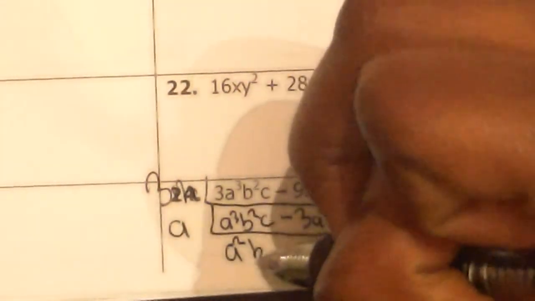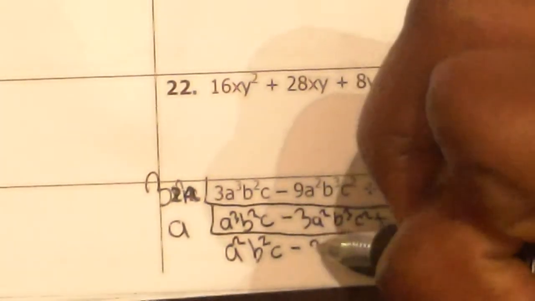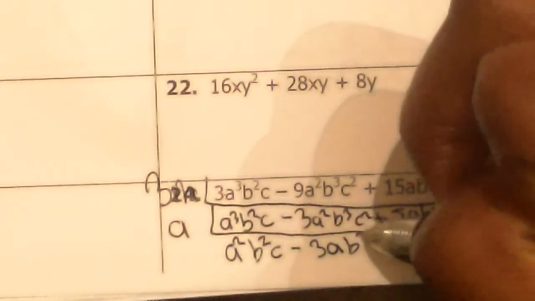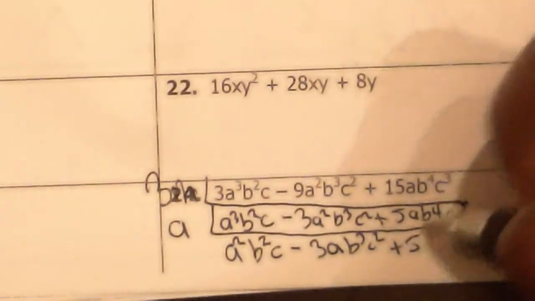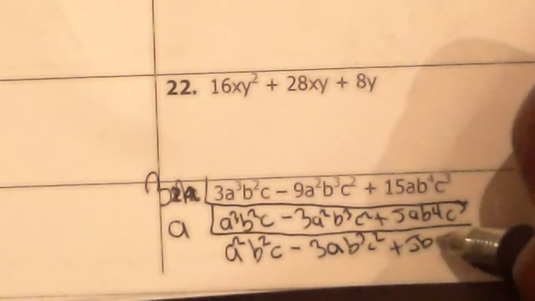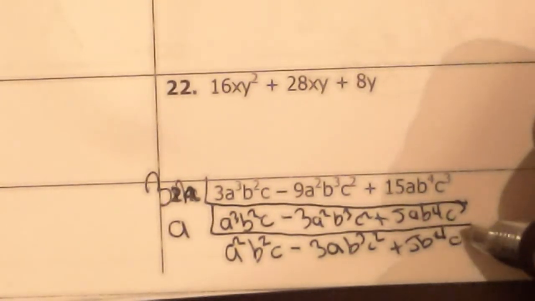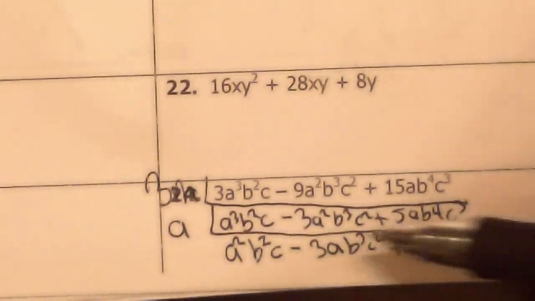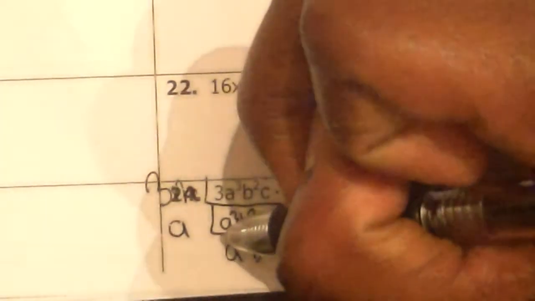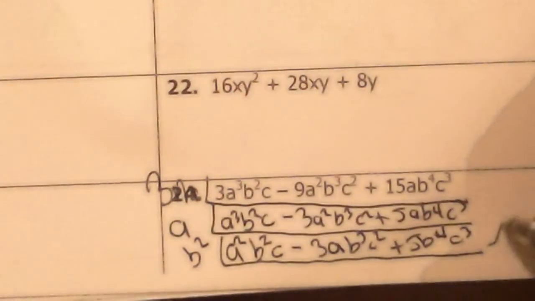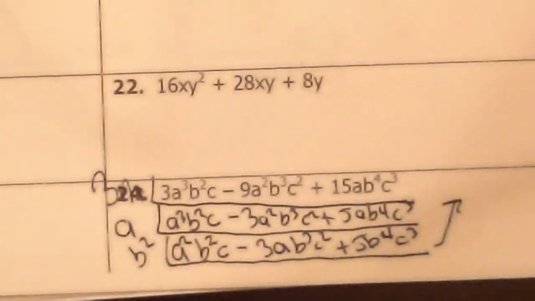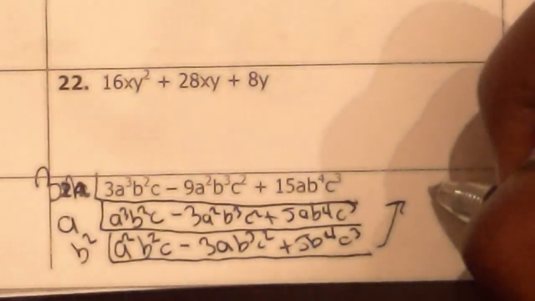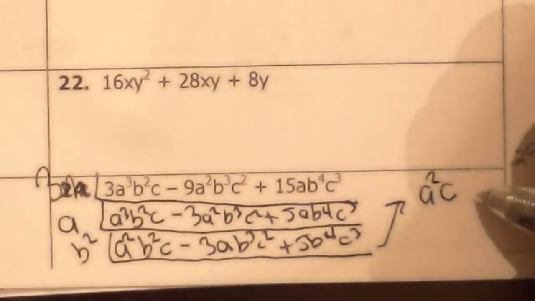And that'll leave us with a squared b squared c minus 3. There's only 1 a left. b cubed c squared comes down. 5, we take that a out because we pulled it out as a GCF. b to the 4th c cubed. Then we look, they also have b's in common, b to the 4th, b cubed, b squared. So the smallest one that we could factor out is b squared. And I'll kind of bring this up here. And so that's going to leave us with what? a squared c minus